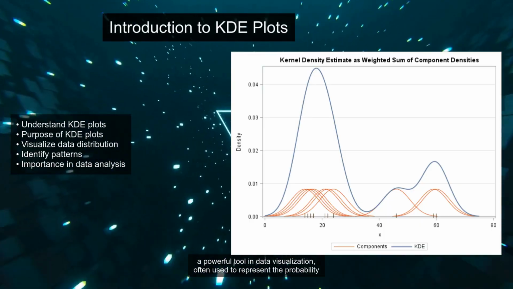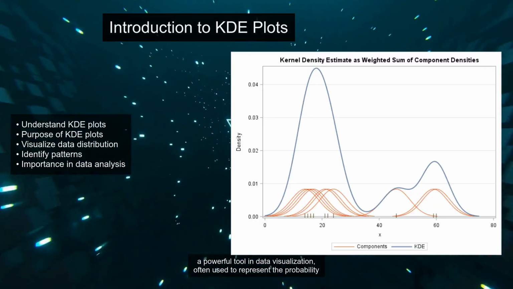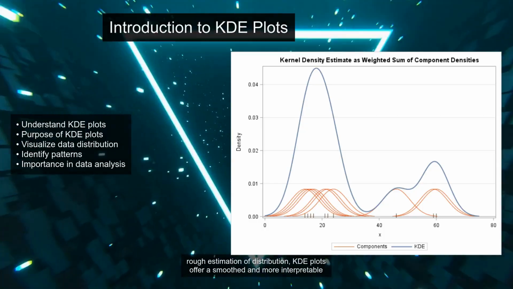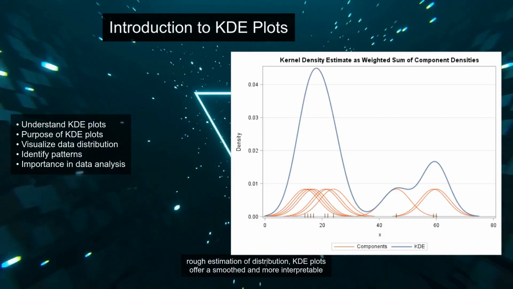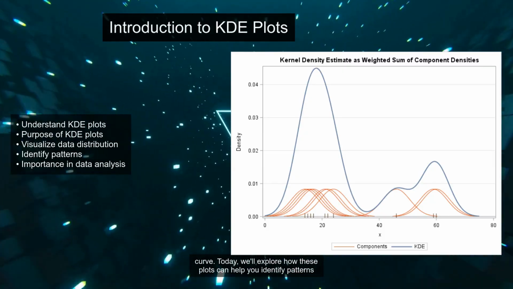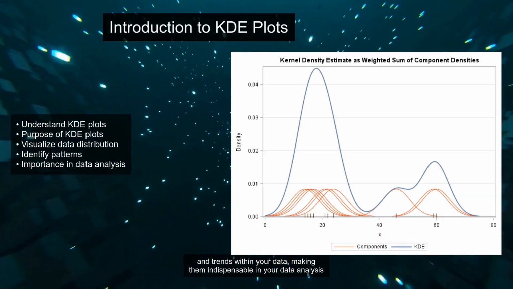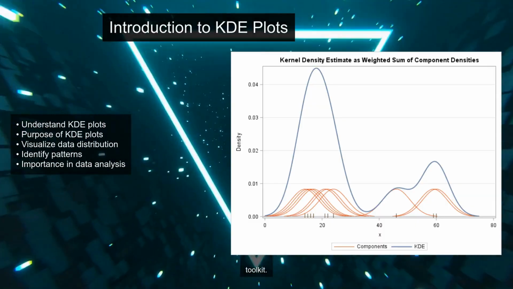KDE plots are a powerful tool in data visualization, often used to represent the probability density function of a continuous random variable. Unlike histograms that provide a rough estimation of distribution, KDE plots offer a smoothed and more interpretable curve. Today, we'll explore how these plots can help you identify patterns and trends within your data, making them indispensable in